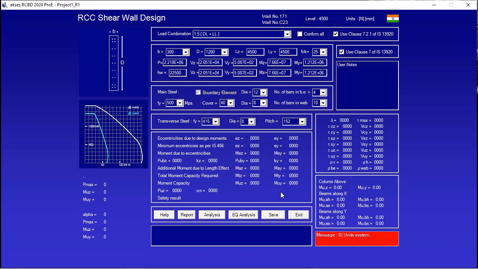We also have axial load P in the column, shear force VZ at the origin, shear force VY at the origin, bending moment MZ at the origin, bending moment MY at the origin, HW, shear force VZ at the terminal, shear force VY at the terminal, bending moment MZ at the terminal, bending moment MY at the terminal, main reinforcement grade, cover to the reinforcement, bar diameter of boundary elements, number of bars and boundary elements, bar diameter of shear